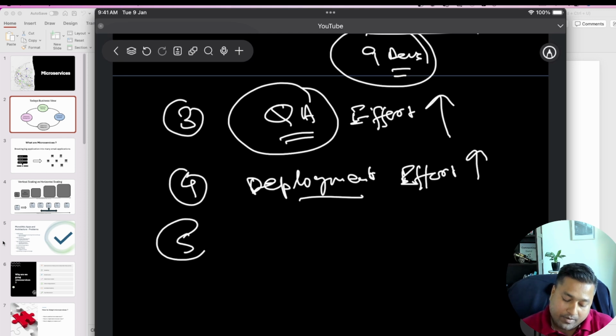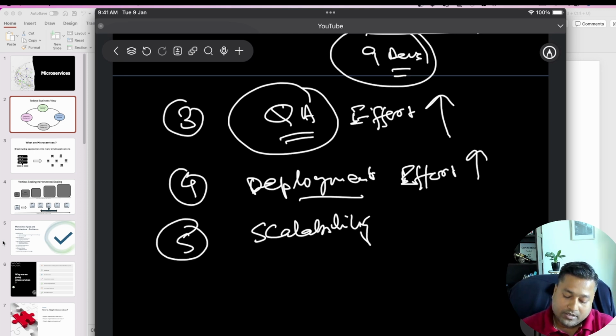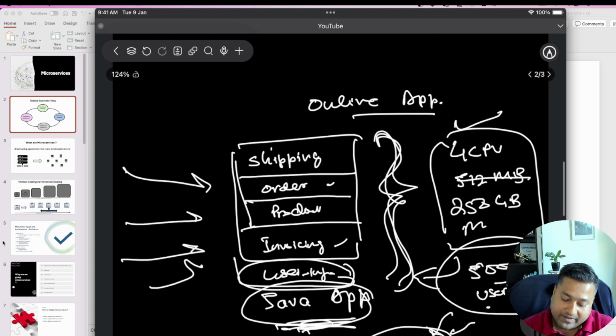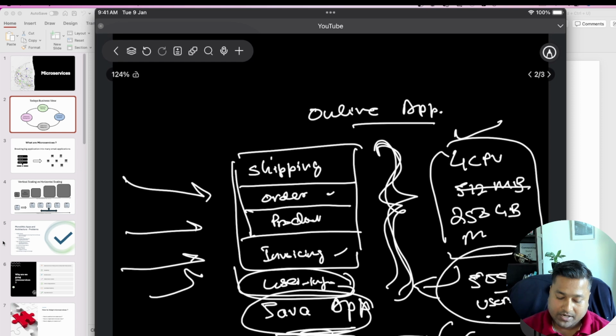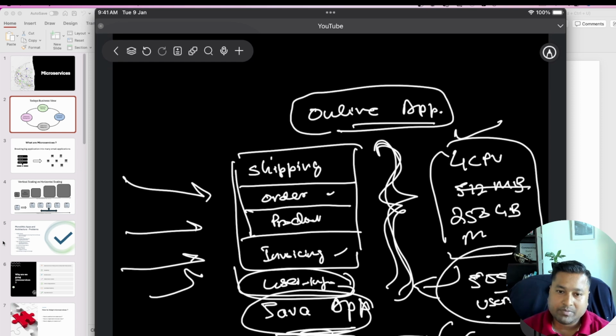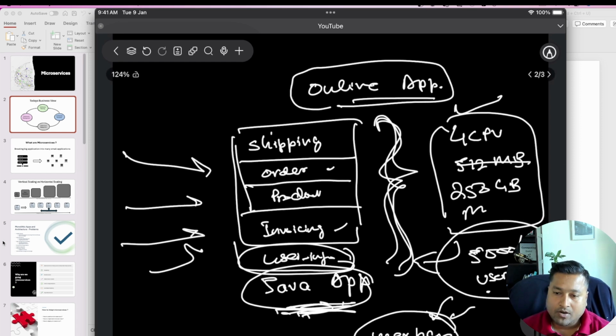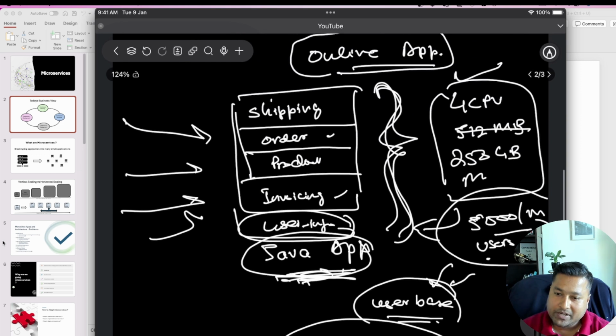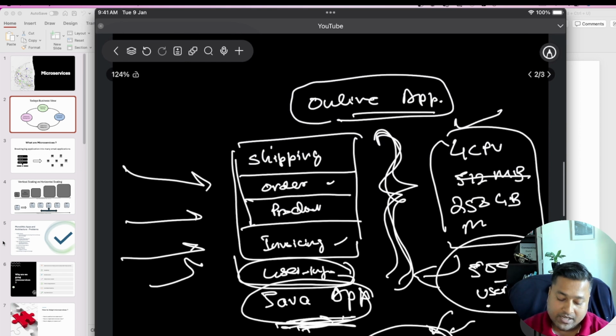Now think about it from the scalability perspective. So you have this application, this Java application of the retail that we have been using to maintain the online retail. Also understand that whatever I'm talking about, this big one single application, is also known as the monolithic application,